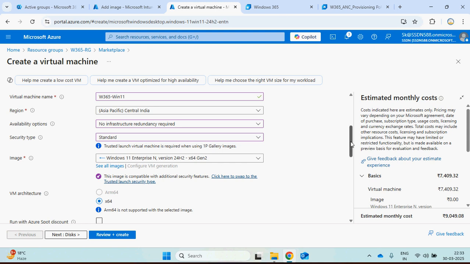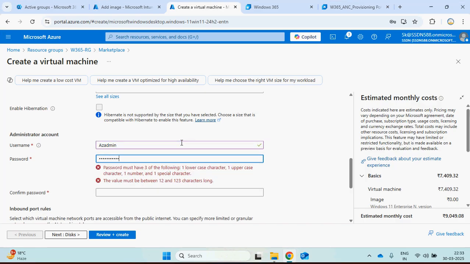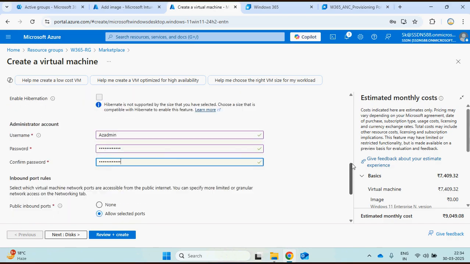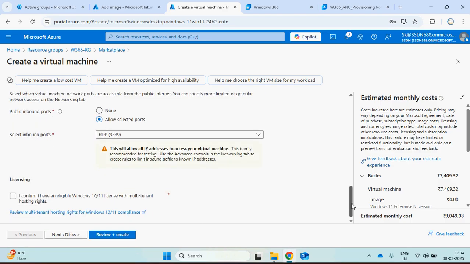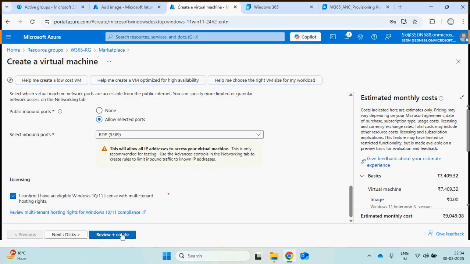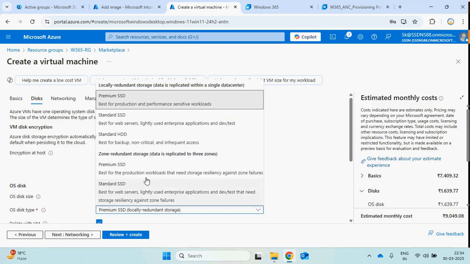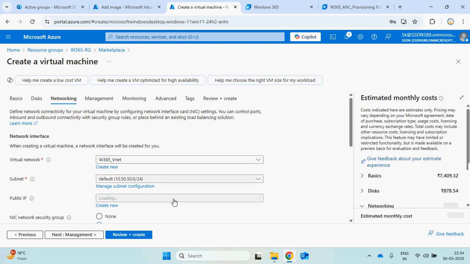So this is the virtual machine that I want to create. Select the properties, the disk that you want to use, the network that you want to use.